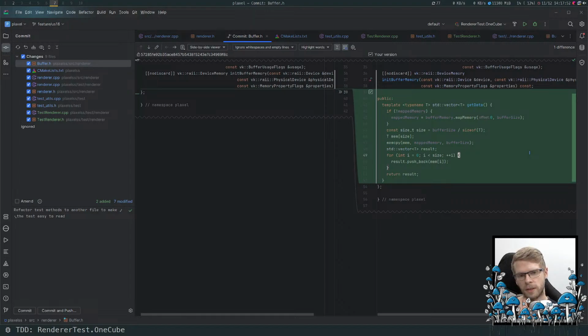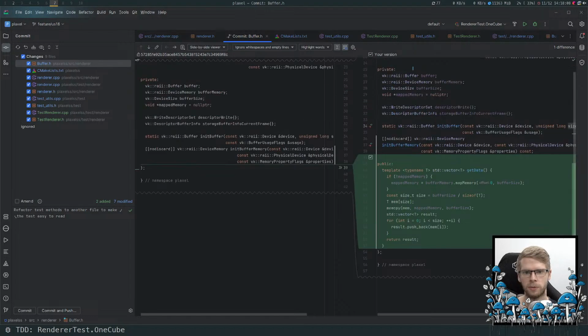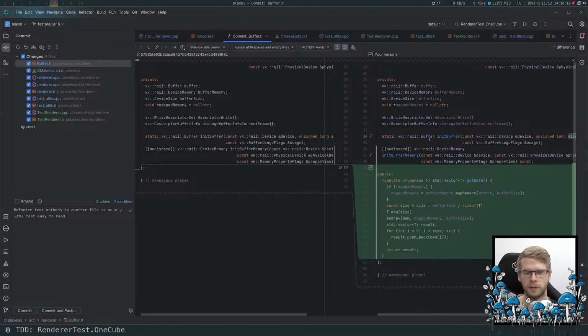And actually, I'm surprised because I'm getting the data from my buffer, but normally I should not be able to do this because the buffer